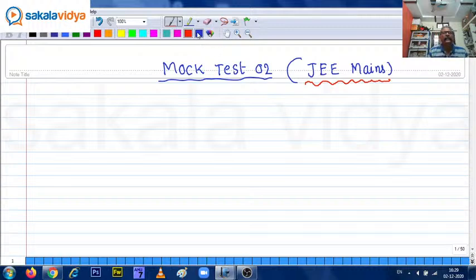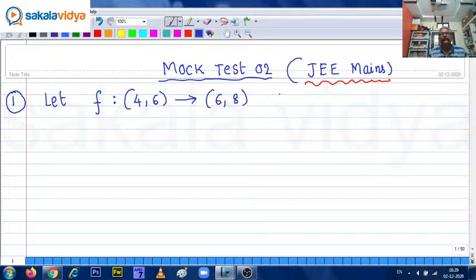Okay, let us start the first question. Let f map from the interval 4,6 to 6,8, be a function defined by